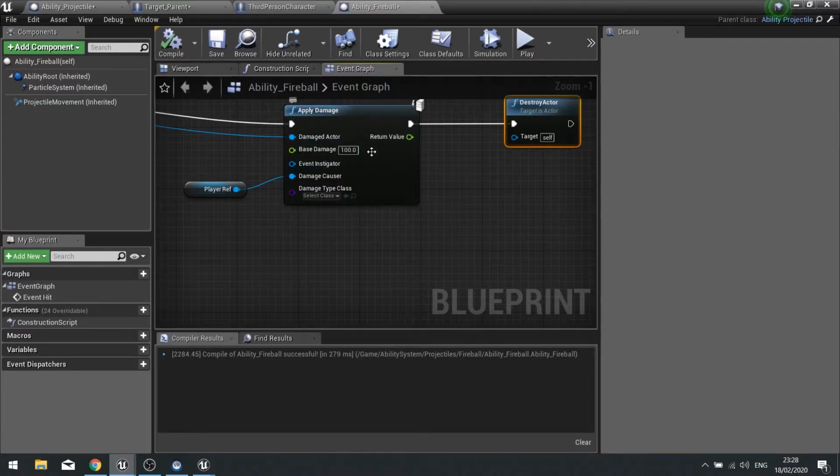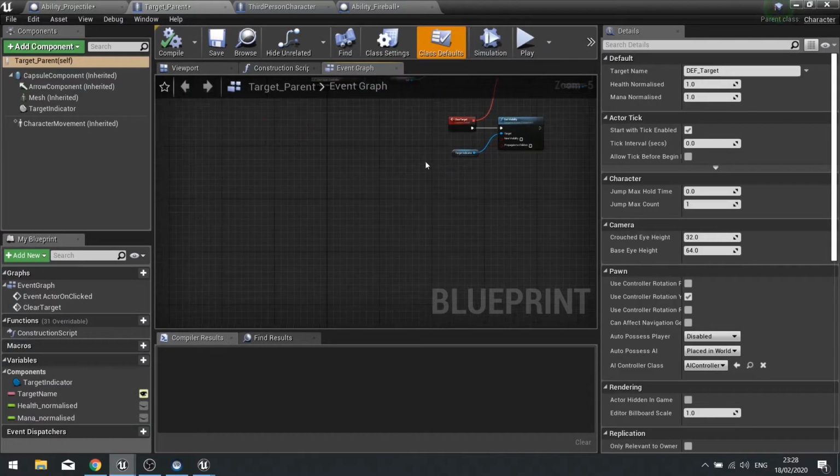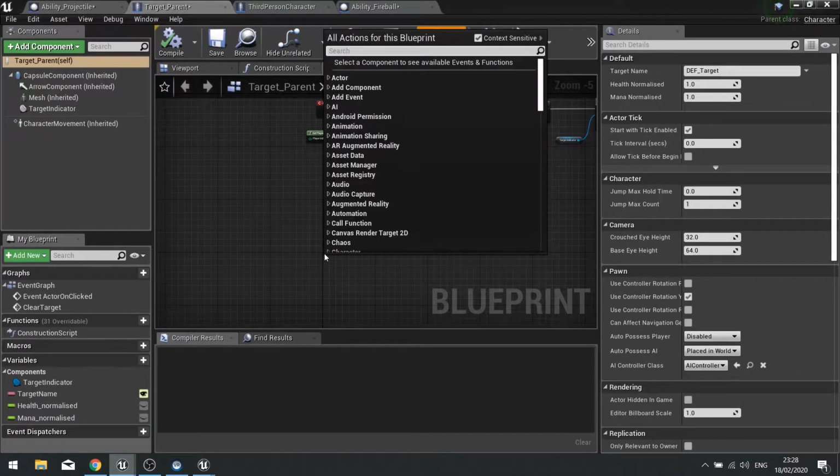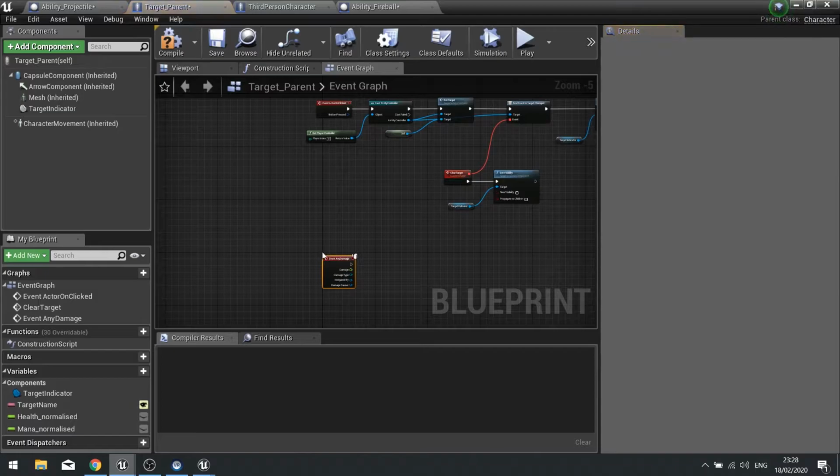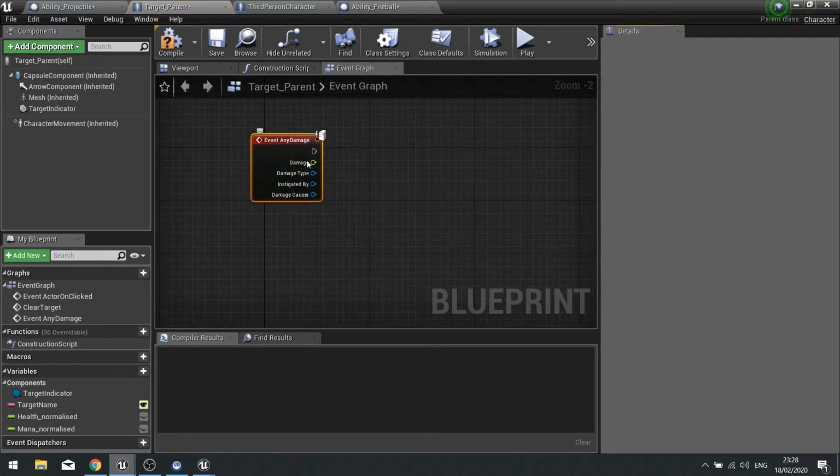So apply damage, what that does, it will trigger an event. So on target parent, we're going to go on here and go any damage, and it's the event for any damage. Now damage we want to cause is going to be affecting the health.